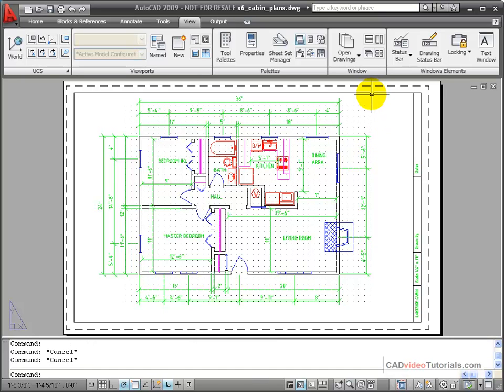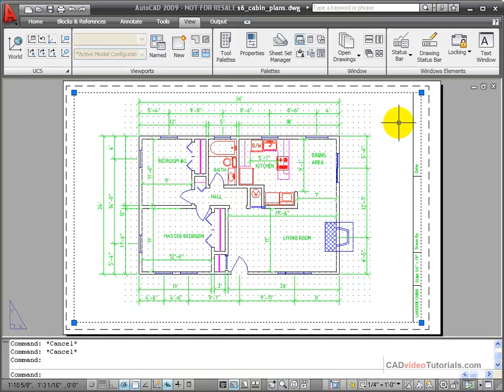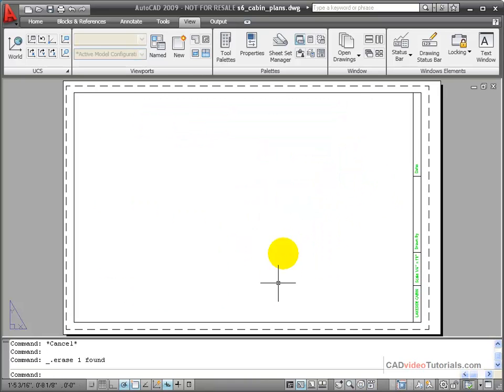If I click on the viewport, you'll notice it shows up with grips like a rectangle would in model space. I can use these grips to resize, move, copy, do all the common operations that I would do with a rectangle in model space. The only difference is this particular object has the ability to create views into model space. If I delete the viewport, you notice that I no longer am able to see any of the objects that